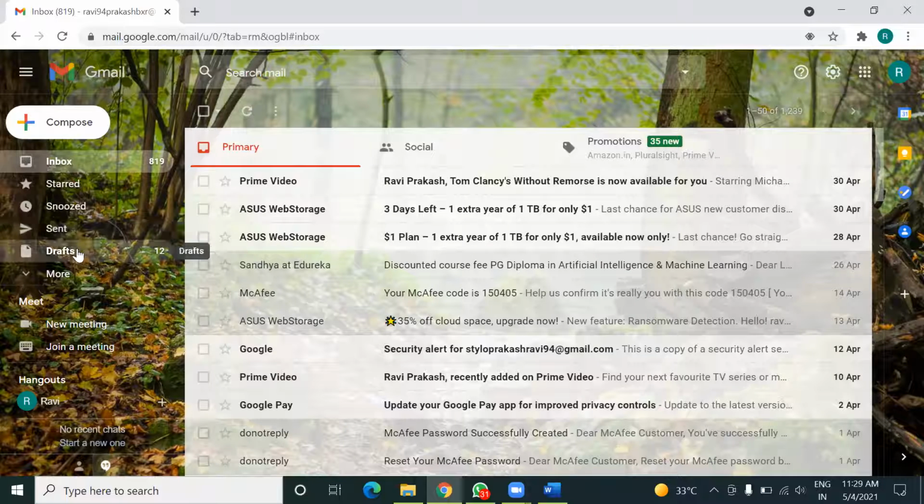Next one is drafts. Draft is used to store those email messages that are not sent yet. You can type your email message and save it for sending in the future. Those messages you can view in drafts.